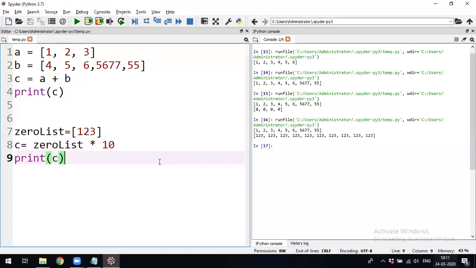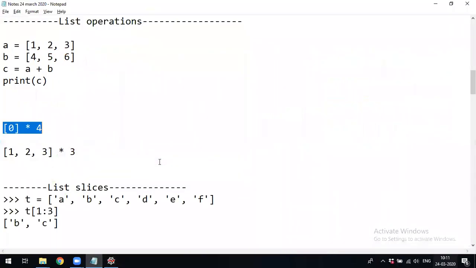How easy it is in Python, or else in other languages like Java, you have to iterate and copy the same elements at all the indexes. Normally we use these operations, concatenation to add all the elements, and multiplication to duplicate the elements inside an array.